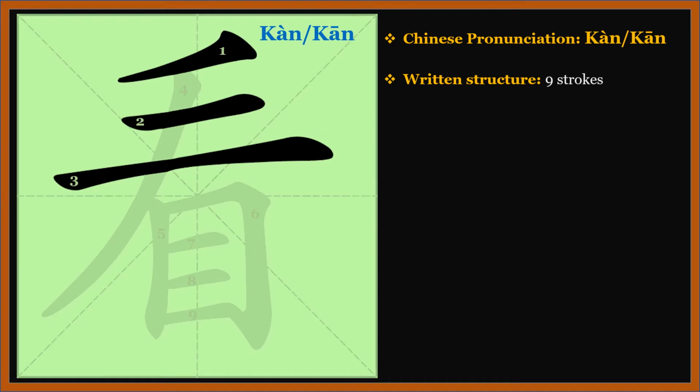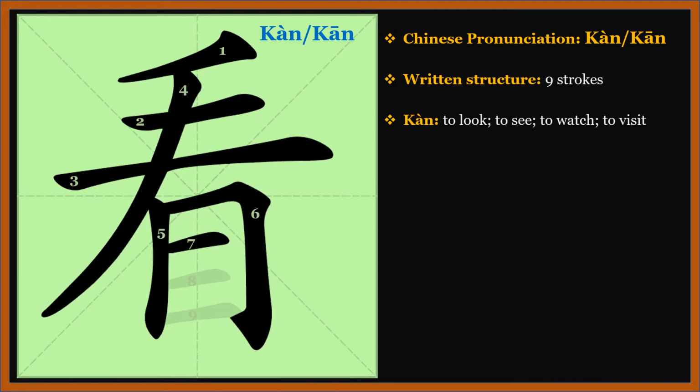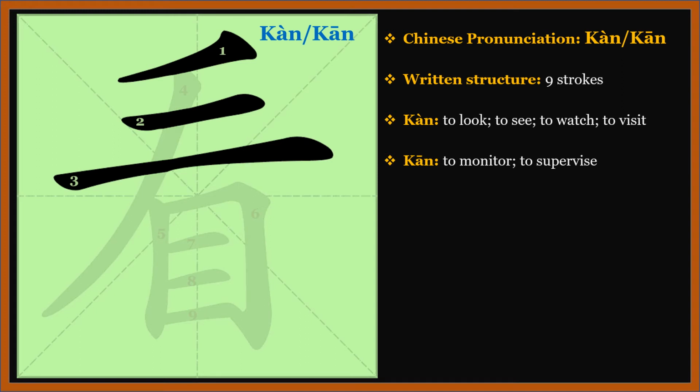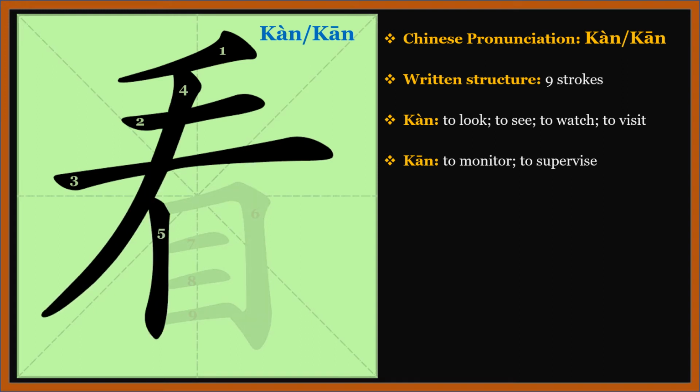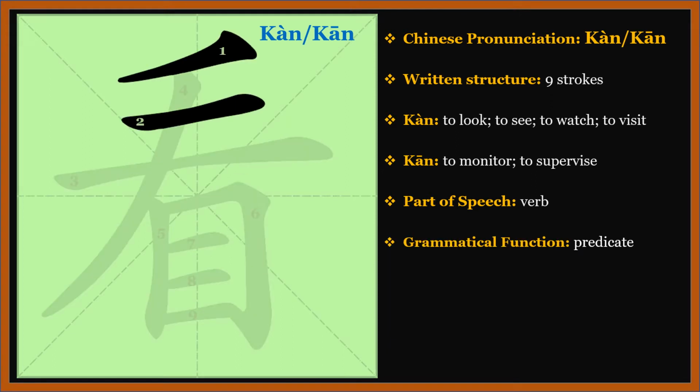When it is pronounced the fourth tone, kàn, it means to look, to see, to watch, or to visit. When it is pronounced the first tone, kān, it means to monitor or to supervise. The part of speech of this character is a verb, and grammatically, it is used as a predicate in